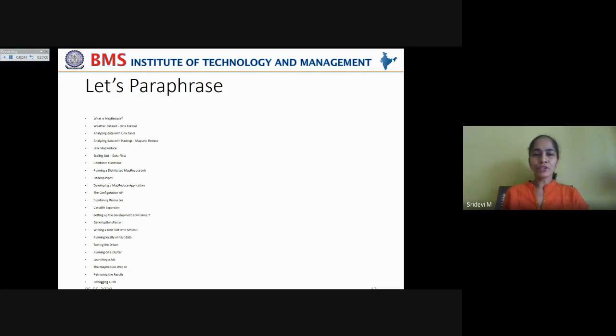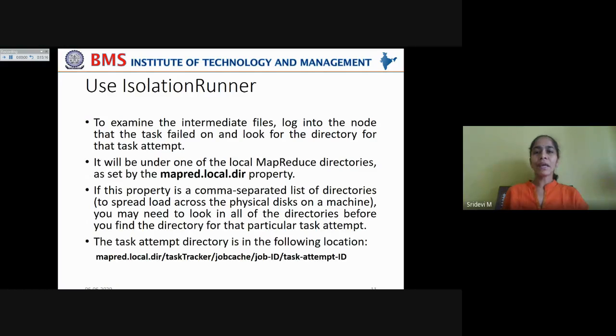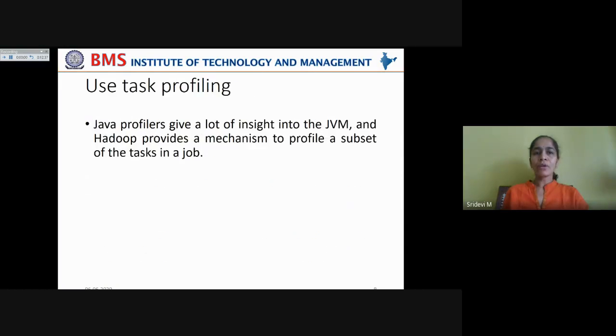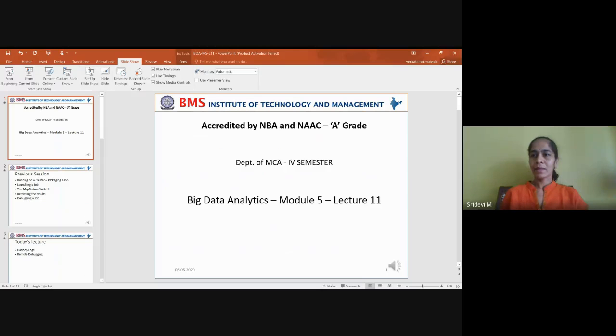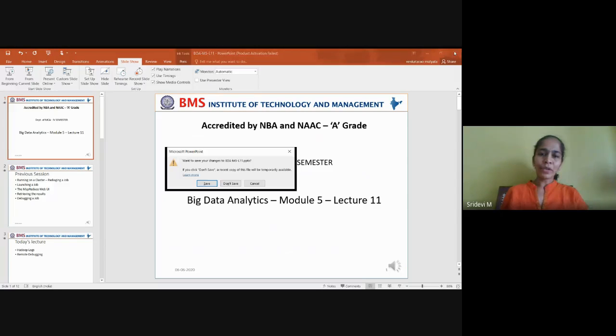And debugging a job, that is when some error arises, how to find out the cause of the error and how to resolve it. And in today's class, we have seen about Hadoop logs and also how to perform remote debugging. This is how we conclude this last chapter.